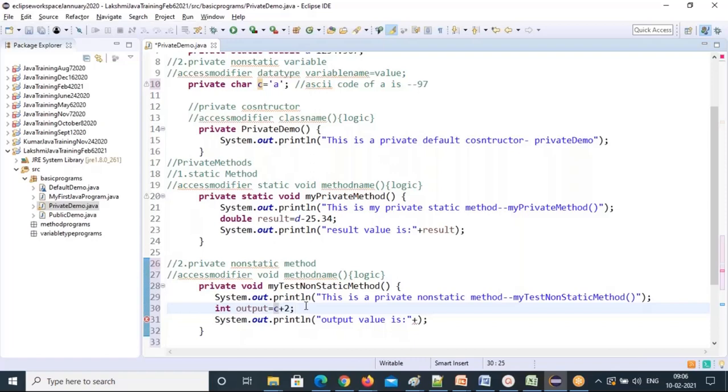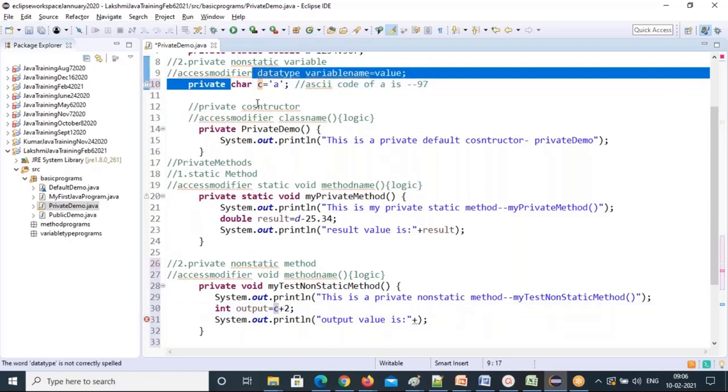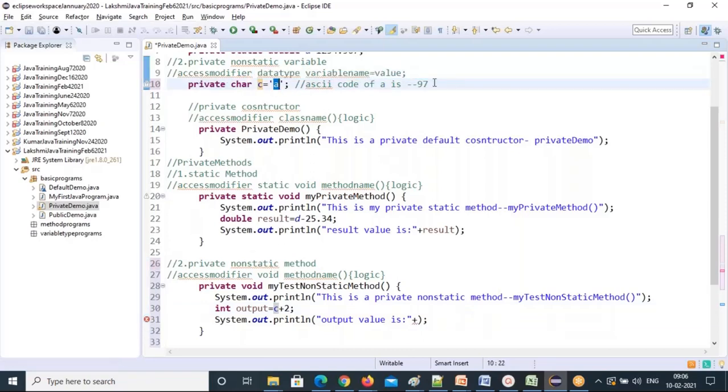So if you use it in mathematical operations, what are the mathematical operations? Plus, minus, multiplication, division, right? Any mathematical operation, whether multiplication, sum, subtraction or division, when you are using a character type of data, that character's ASCII code, every character has an ASCII code. Small a has 97, capital A has ASCII code 65. That ASCII code will participate here in the calculation. Okay, any questions? Yes, sir.